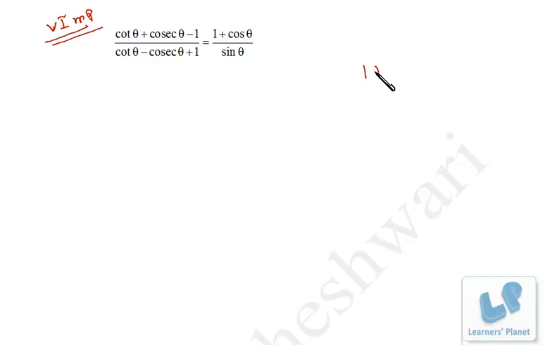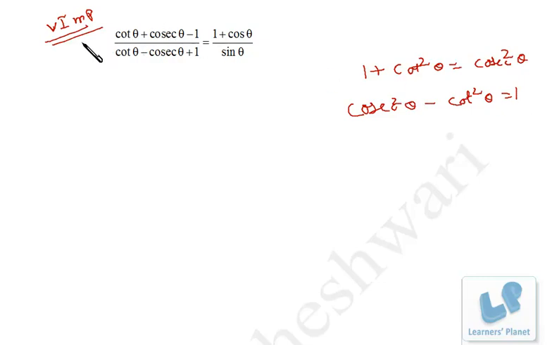Now what's the formula for the relationship among 1, cot and cosec? That is 1 plus cot square theta is equal to cosec square theta, right? That means cosec square theta minus cot square theta is equal to 1, right? Since I have to put the value of this 1 over here, that's why the sum becomes important, because you need to memorize it, right? So I put the value of 1 over here.